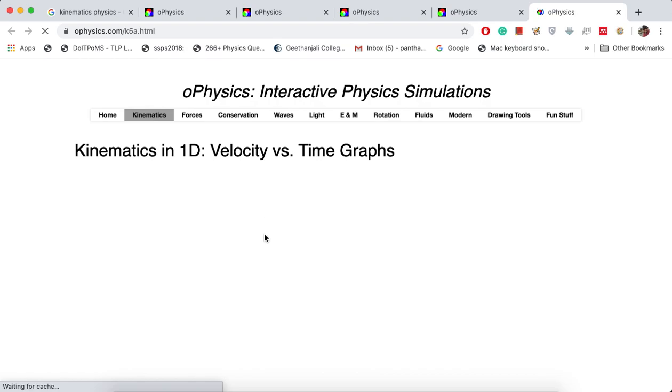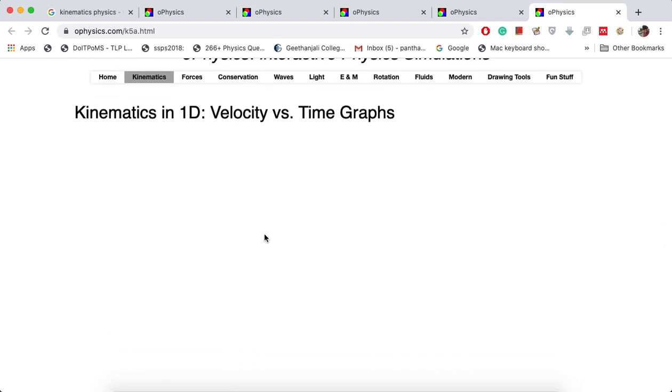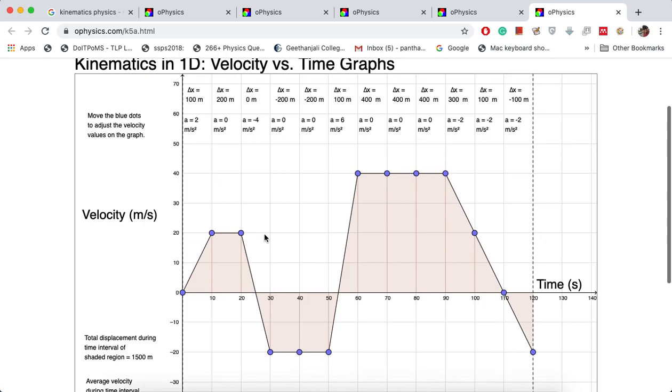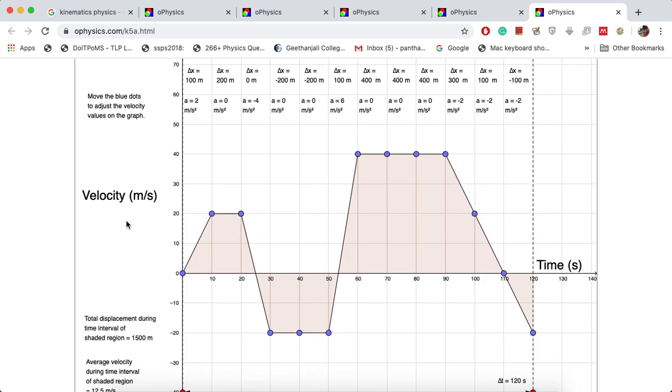Here, in this explanation, I will show you how the velocity and time are varied. See here, this is the graph of velocity versus time. In this graph, for the first 10 seconds the velocity increases, and for the next 10 seconds the velocity remains constant. In the next 10 seconds the velocity decreases to 0 and goes to the negative side, which means the object is moving in the opposite direction. That you need to remember.